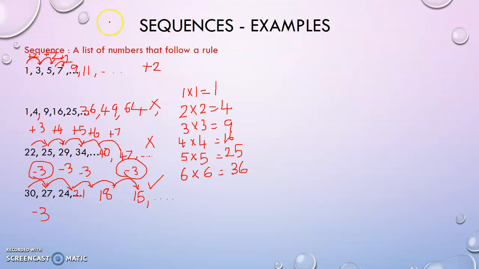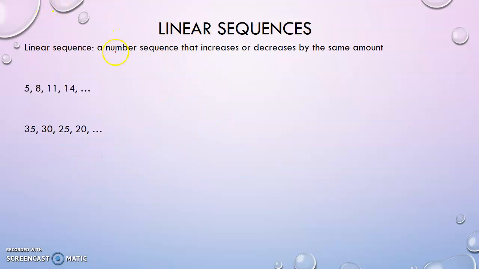So sequences, a number sequence that increase or decrease by the same amount. അതിനെയാണ് നമ്മൾ linear sequence എന്ന് പറയുന്നത്. Here you can see